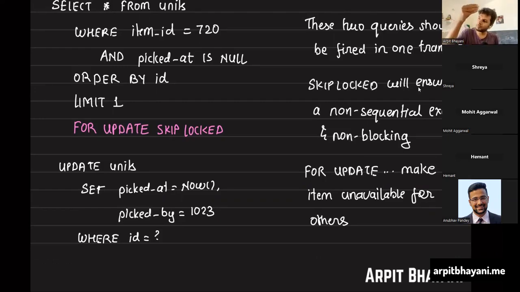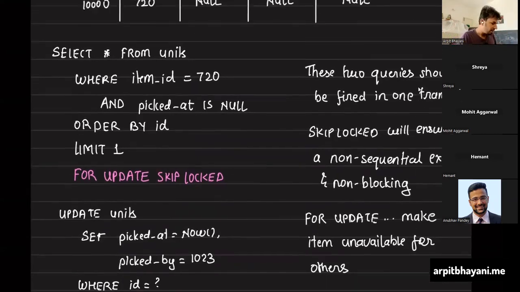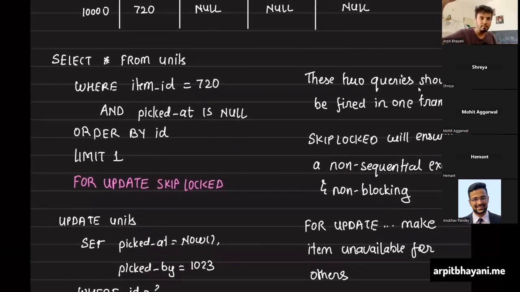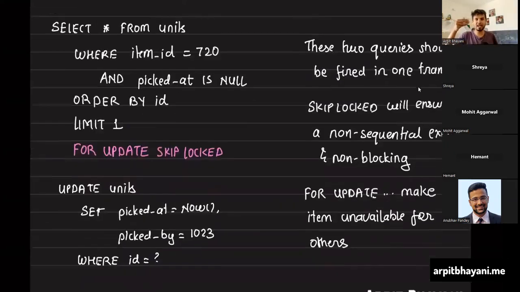Now once you have picked the phone, it becomes unavailable to any user. So even when a new user comes in, they would always pick an item that is not picked by anyone, not having anyone's hand on any phone. You pick that. No exclusive lock. So for update, skip lock and pick that is done. And once you pick that up, you set up pick that up.